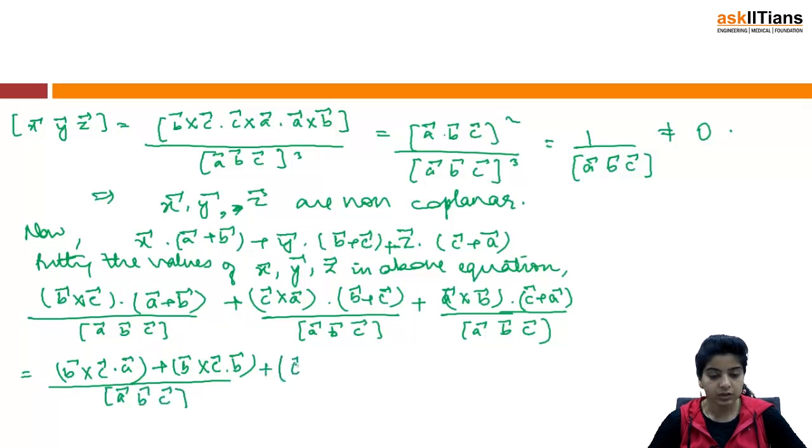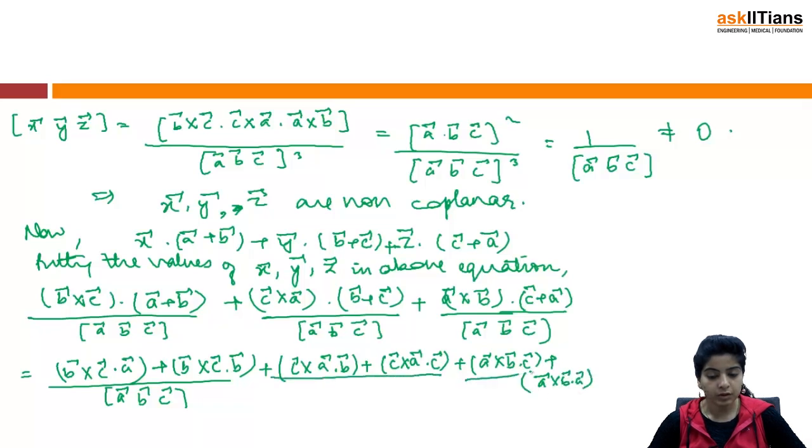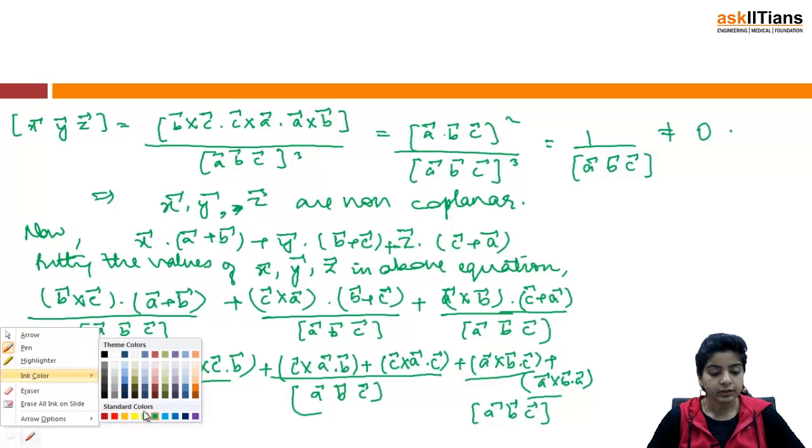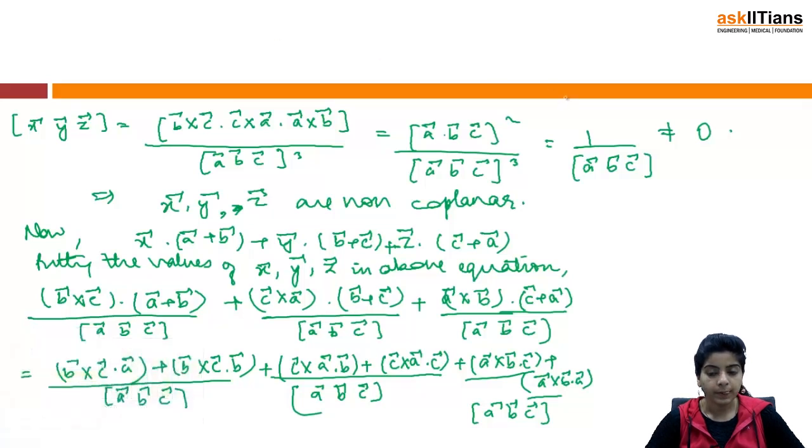Similarly this would be C cross A dot B plus C cross A dot C plus A cross B dot C plus A cross B dot A, and again upon [A, B, C]. This is what we have. And after this, further, this would be equal to